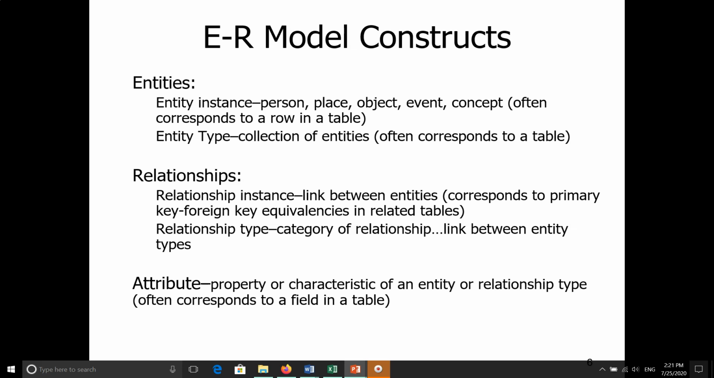And attributes are the properties or characteristics of an entity or relationship type. For example, let's say the entity type is customer. But there are a number of characteristics or properties of the customer. For example, each customer will have a customer ID. The customer ID is an attribute. And each customer has a last name, right? So that last name is an attribute. First name, that's another attribute. Sometimes the relationship type will also have